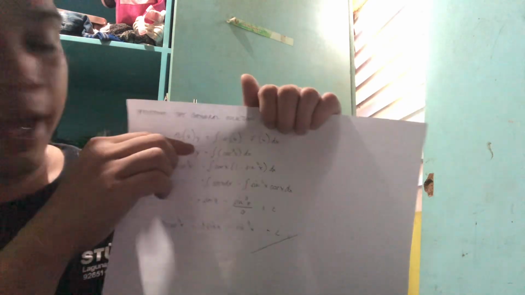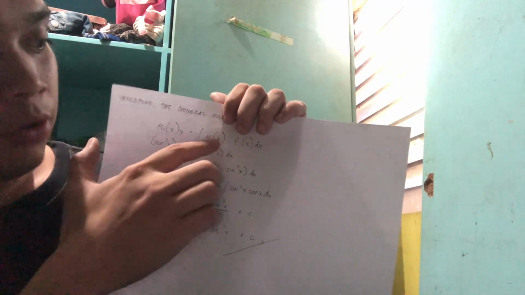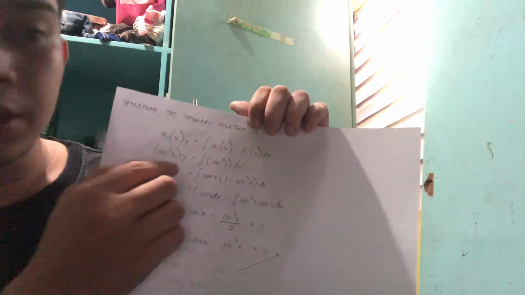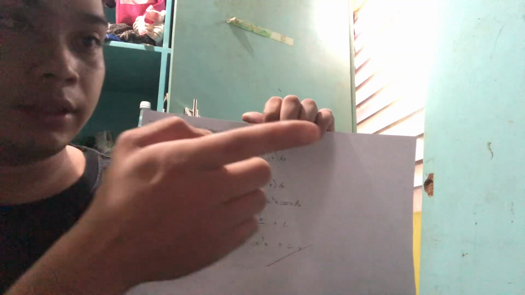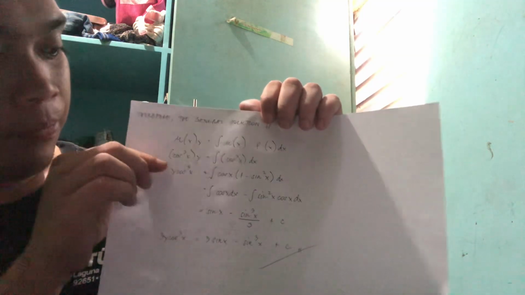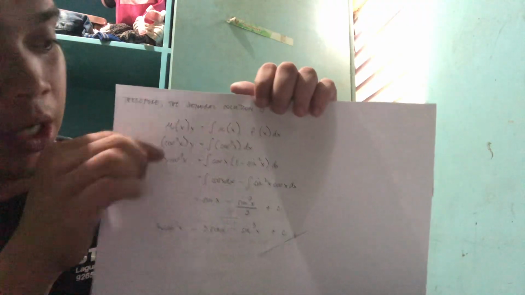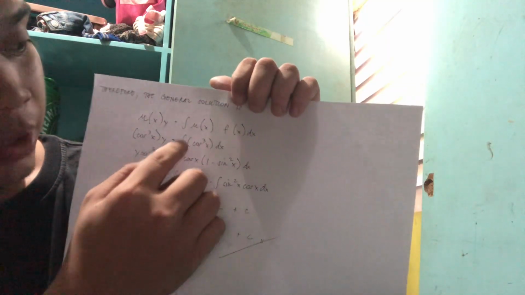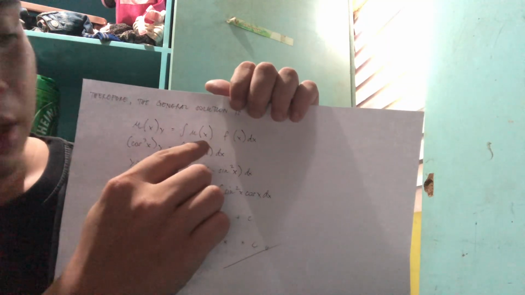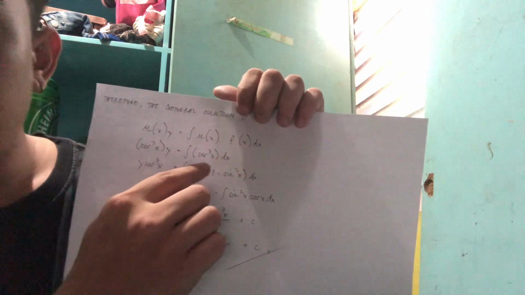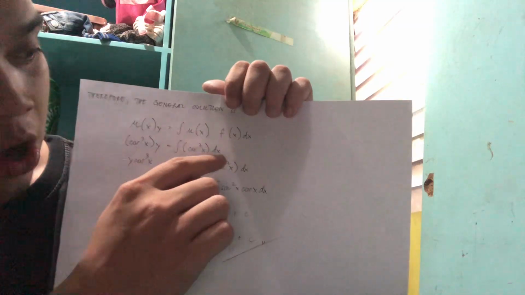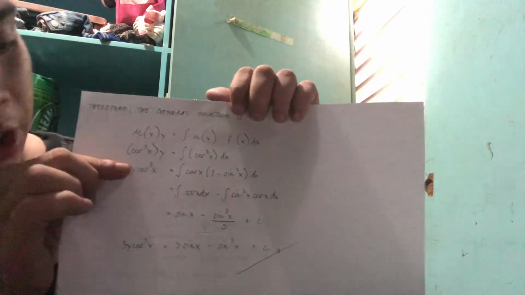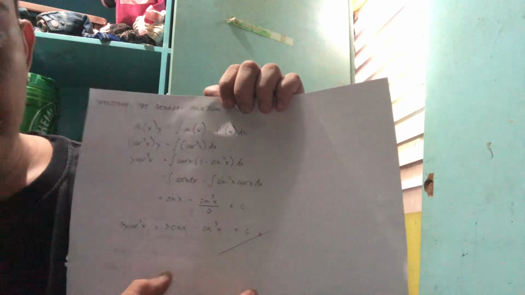So u of x times y equals the integral of u of x times f of x dx. So u of x is equivalent to cos cubed x, like the one we found earlier. So you substitute here, and then you just copy the y. So equals the integral of u of x, so you put here the answer of the integrating factor, cos cubed x times dx.